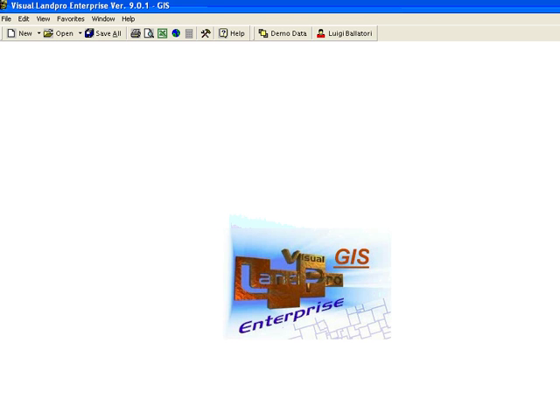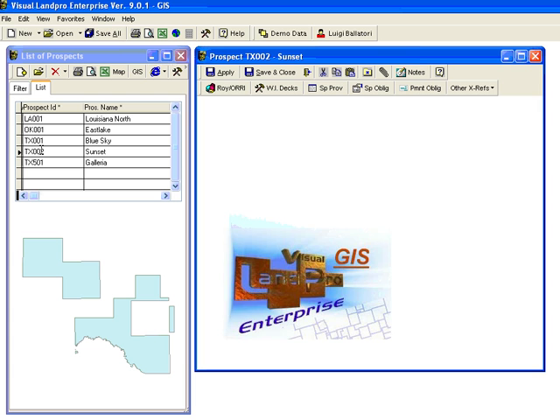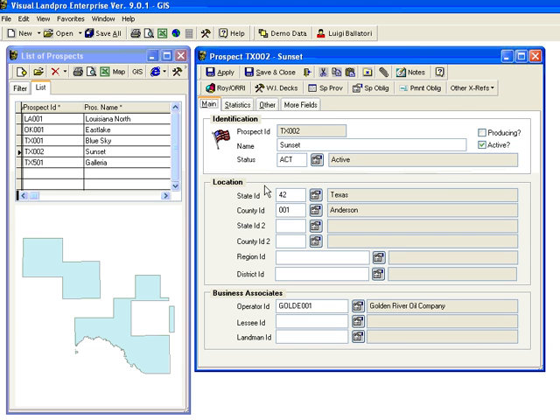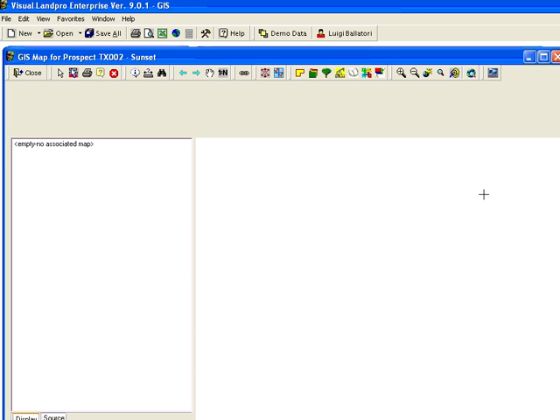In this movie clip we will talk about the grid labeler, which will show labels on our map in a grid format for LandPro. I'm going to go to my list of prospects and select a prospect. And once the prospect edit screen opens up, I will go to the GIS window,